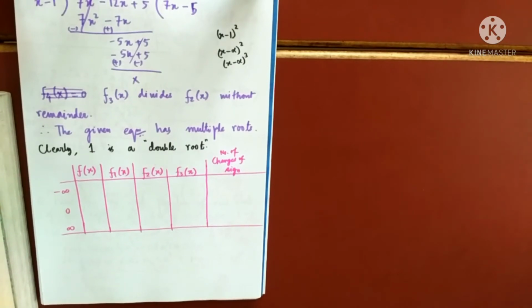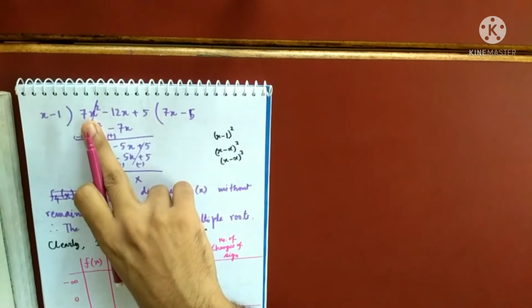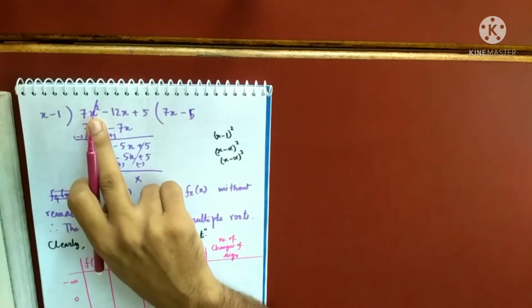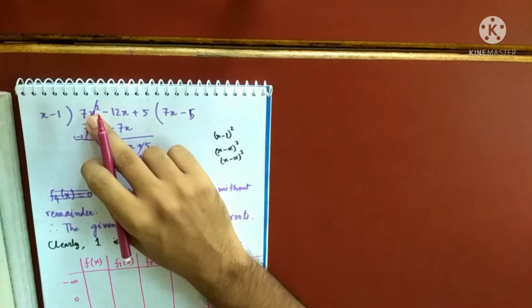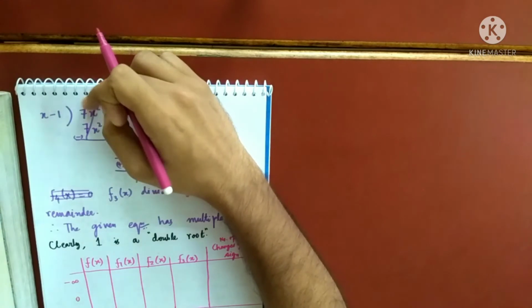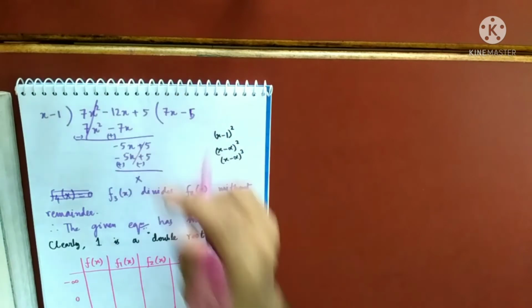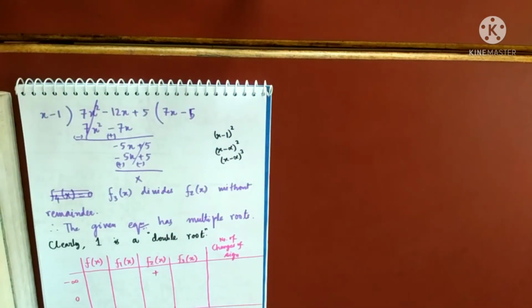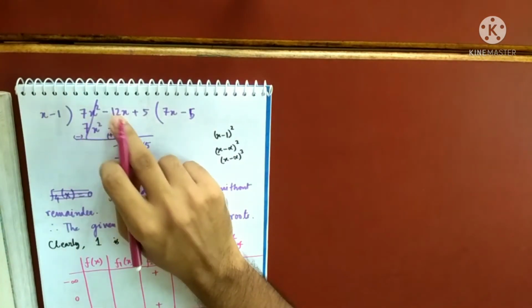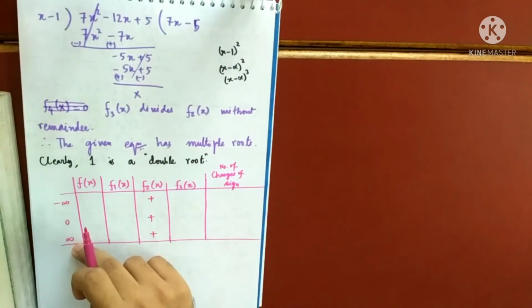I hope you have the function. So if you have f2x, you can see from here only. Put here minus infinity, so that will be plus. As already mentioned, when you are putting infinity or minus infinity, keep that in mind, only this thing will matter. So when I am putting minus infinity, minus square is plus, so this will become positive. I'm talking about f2x. And when I am putting infinity, it will become plus. And then at 0, it is 5. So this is the sign of f2x at these 3 values.